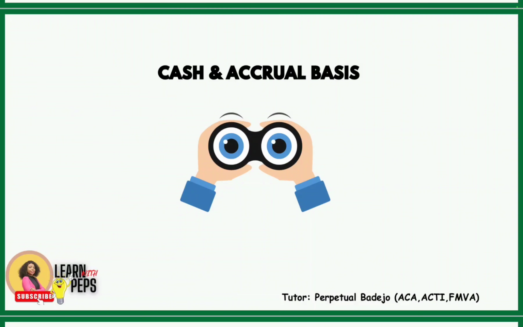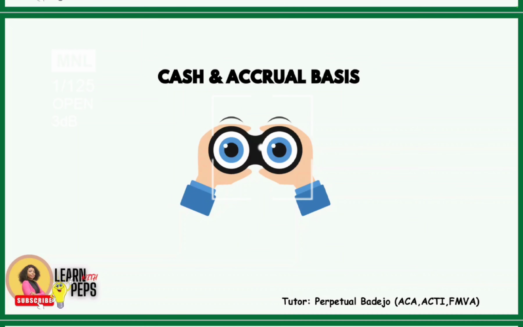Now let's move to the accrual basis of accounting, which is what a lot of companies use. That is what is being used in practice. So if your company is using the accrual basis of accounting, then you actually need to worry about prepayments and accruals, because now you're recognizing expenses and revenues and all of those things when they happen, not actually when you receive cash or when cash is paid. So that's the difference between cash basis of accounting and accrual basis of accounting. With cash basis of accounting, you don't necessarily have to bother with prepayment and accrual, because you only record transactions when there is movement of cash. But when it comes to accruals, regardless of whether cash has moved or whether cash has exchanged hands,